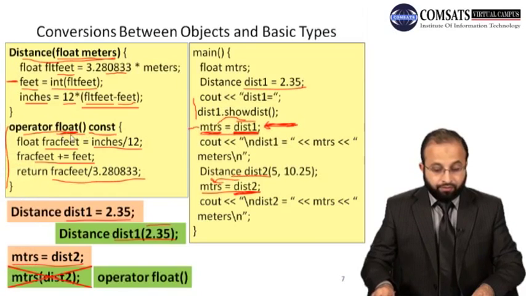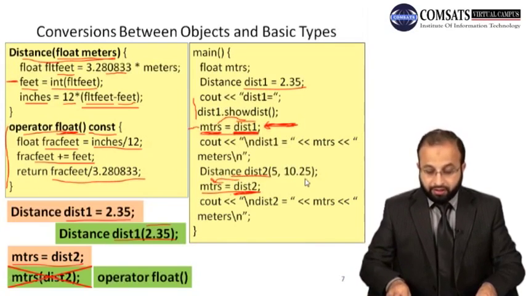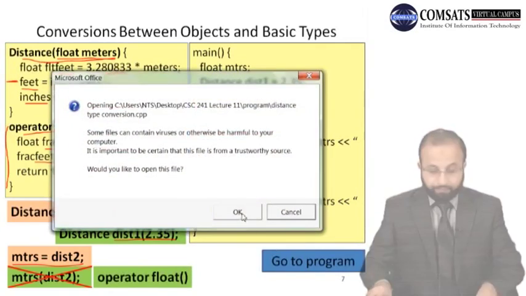ठीक है, so that will become the invoking object des2 here to execute this operator float function. To execute this operator float function, so des2 become the invoking object, right? And then it will convert the distance contained by the des2 object into meters, right? And then it returns that value, और value आपके पास meters को assign हो जाएगी, right? Now let's go to the program. Okay,